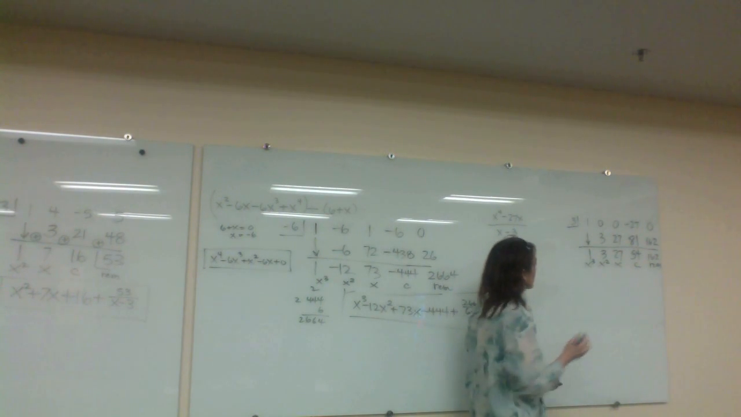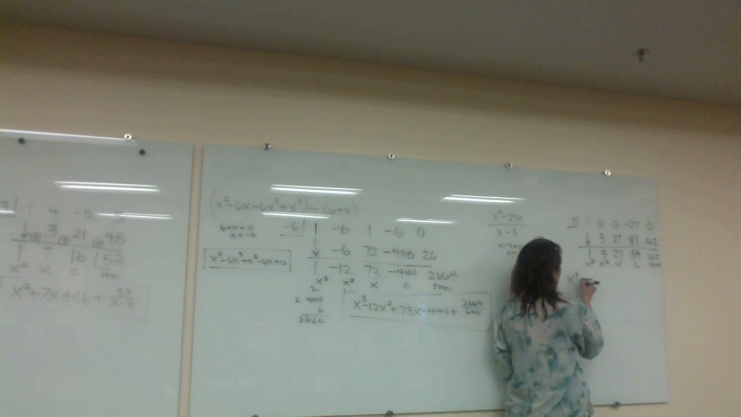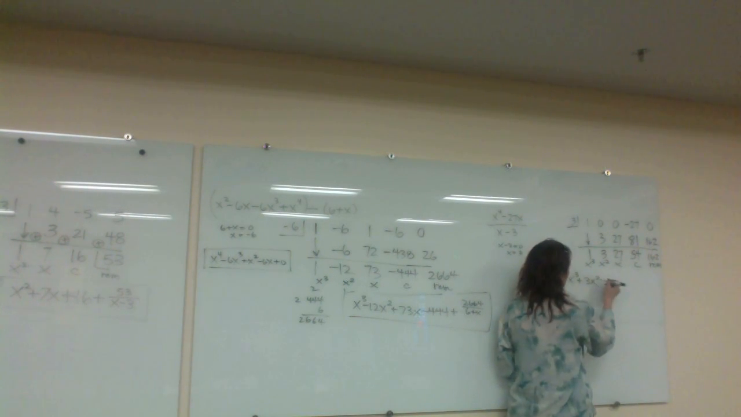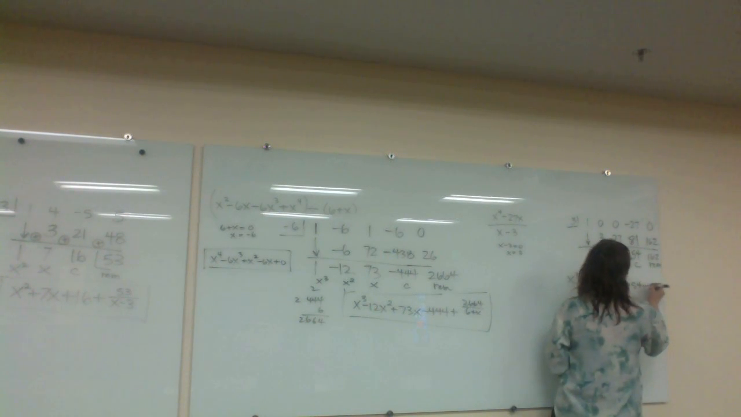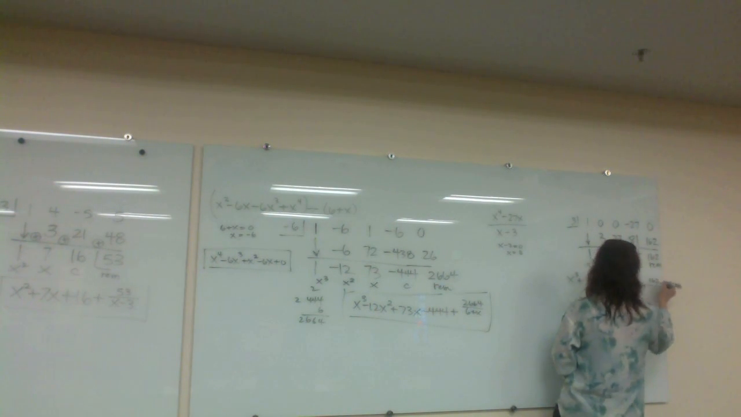So our final answer is x cubed plus 3x squared plus 27x plus 54 plus 162 over